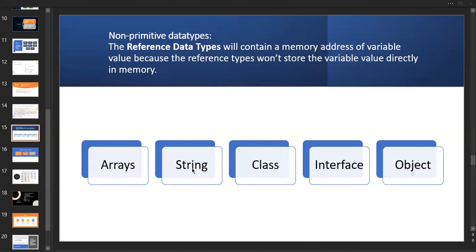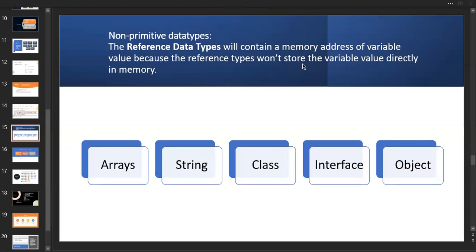Based on the reference, by using a dot operator, we are going to access a particular method inside a memory location. When we call a particular method inside these non-primitive data types, only this is taken as a reference. Directly we are not going to take this; only inside, some particular methods are available, and we are going to access that.